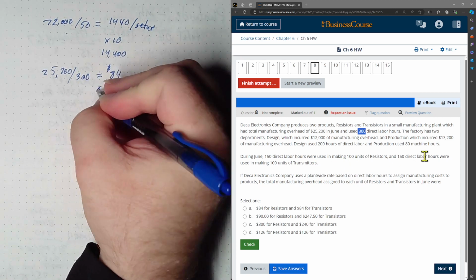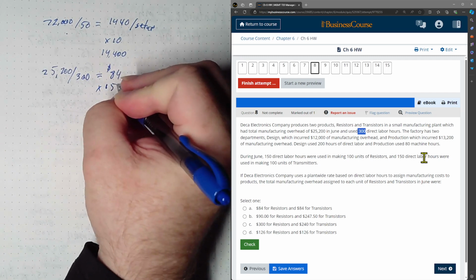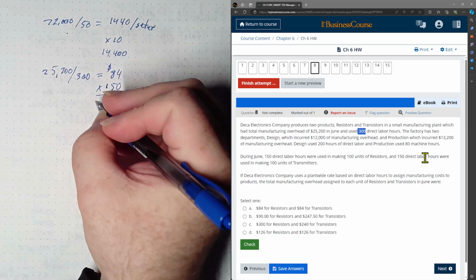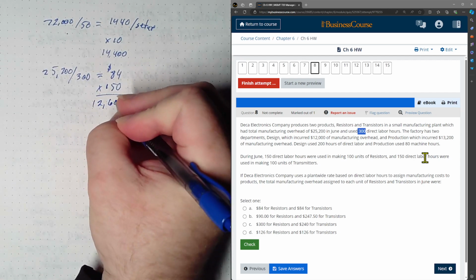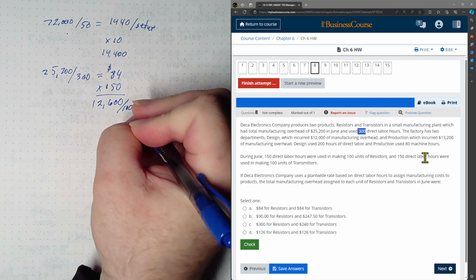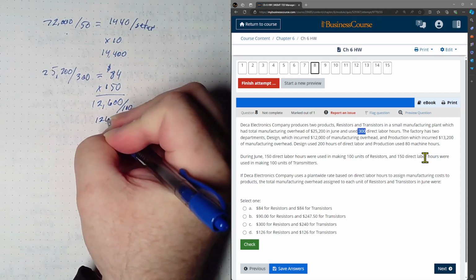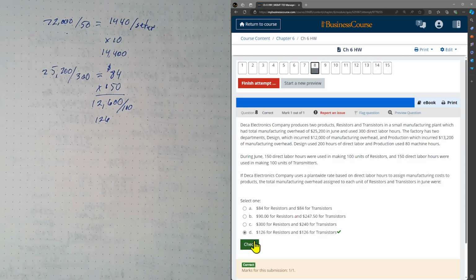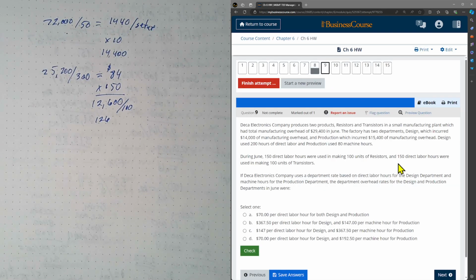So if we say times 150 labor hours, that's going to come to 12,600, and that's for 100 units. So each unit would be $126, and it would be the same for both of them. Looks good. Okay, number 9 is going to be